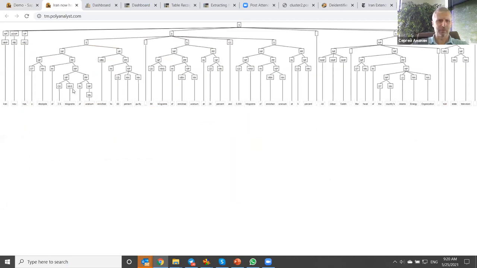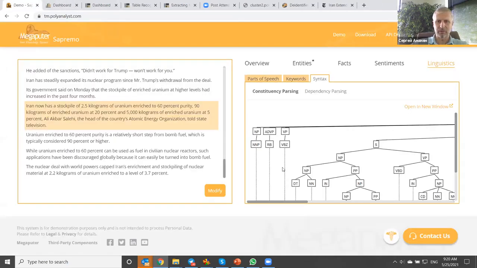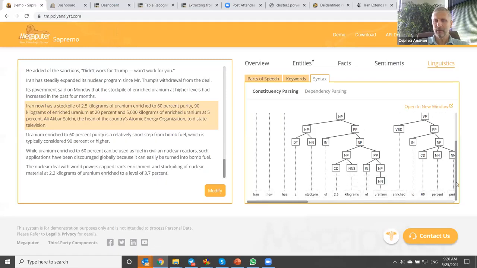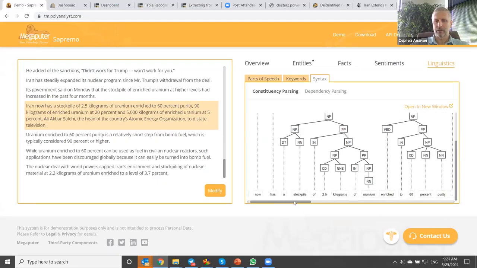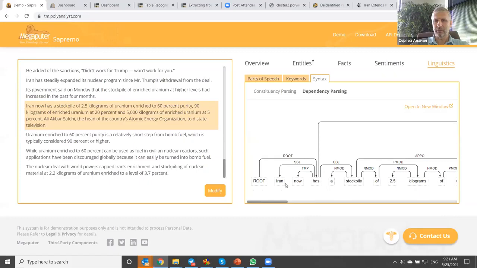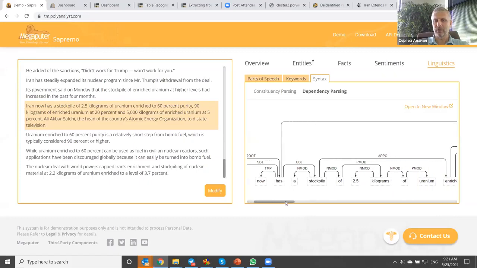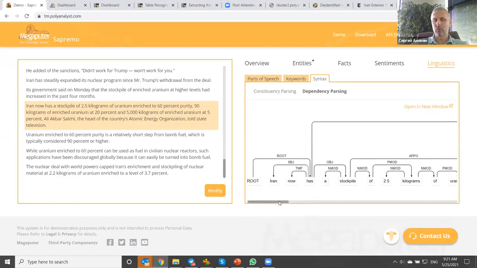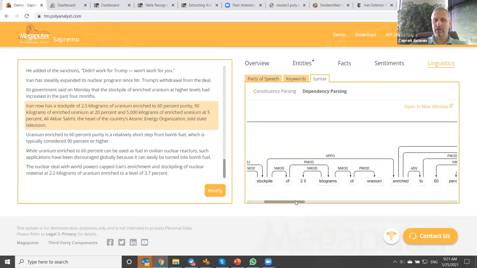And sorry, it becomes kind of small, so maybe I should be going through it like that. So for dependency parsing, you see how individual words, what is their role in the sentence, and how they are relating to each other. For example, you see that it's a stockpile of what? It is a stockpile of 2.5 kilos of uranium.